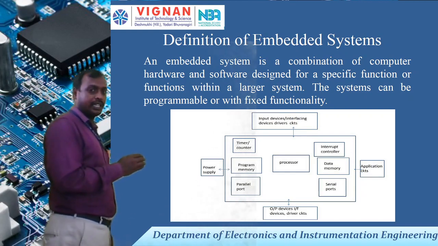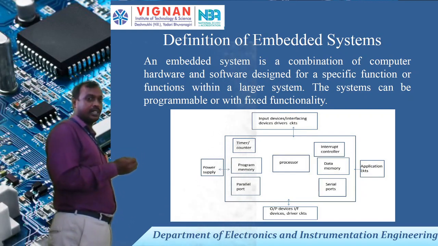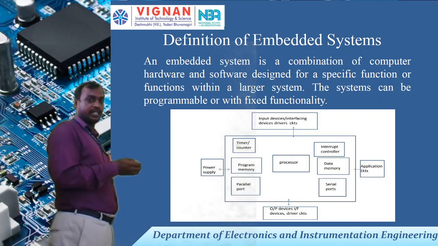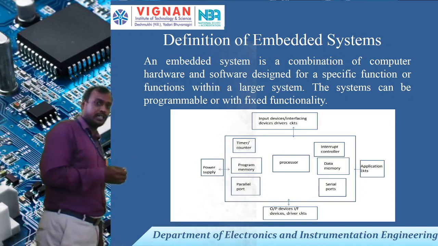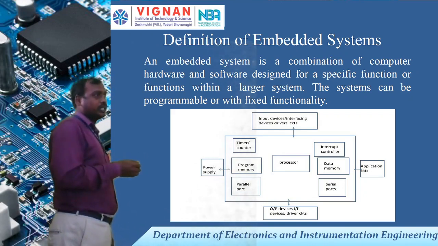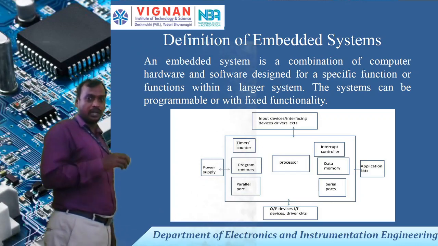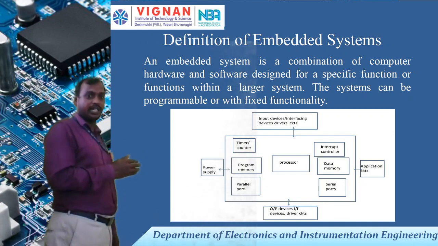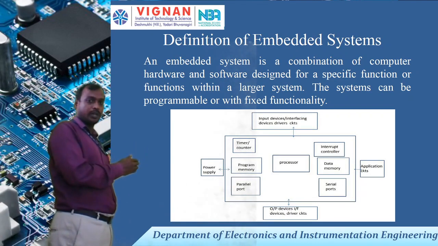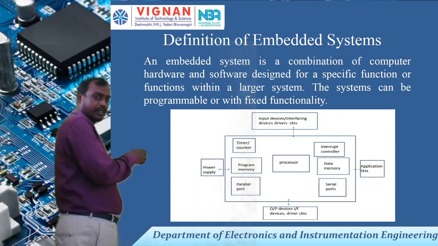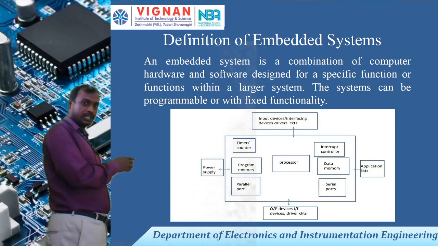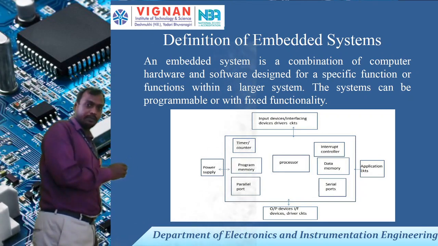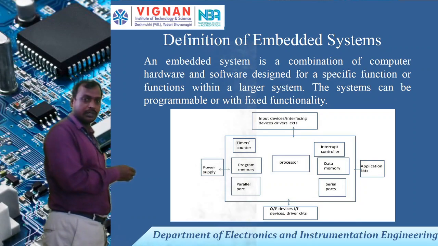Whenever you are taking the input, that means the input is measuring that physical parameter. That means temperature, if you are taking the RTD, the temperature value. So here it converts into the output, which is the temperature value. Here in the block diagram, I have given the example of RTD and stepper motor. The block diagram contains the input variable and output variable. In between, the middle blocks are the timer, counters, processor, program memory, then interrupt controller, then data memory, and serial ports.